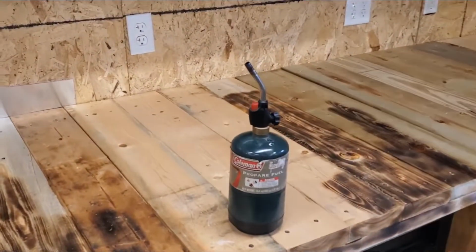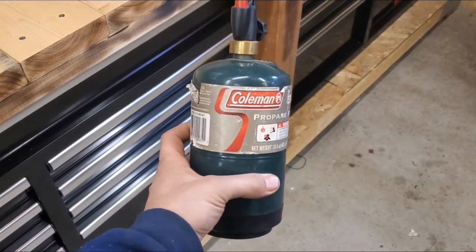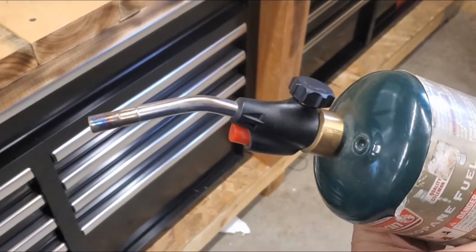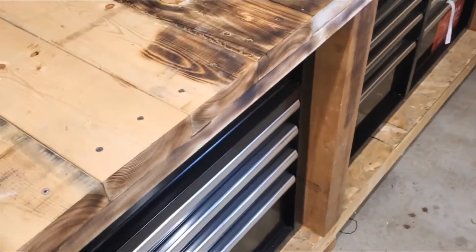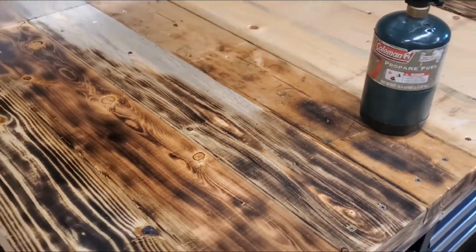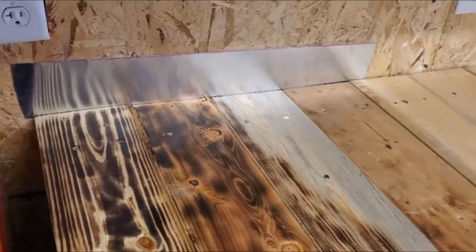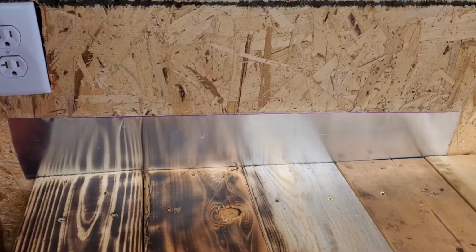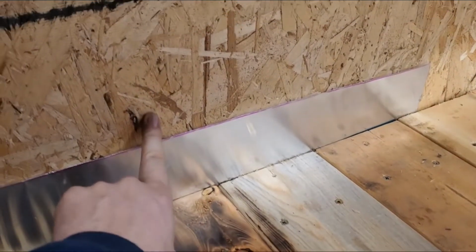So if you're gonna be doing this, you want to get one of those typical lantern propane tanks for camping, and you can buy this torch attachment at any hardware store. If you're gonna be burning, just a couple of tips. If this bench is here and it's full of tools and you can't move it, have some kind of guard up against the wall so you're not burning your drywall, or in my case I have OSB. So if the flame comes in contact, you're not going to be